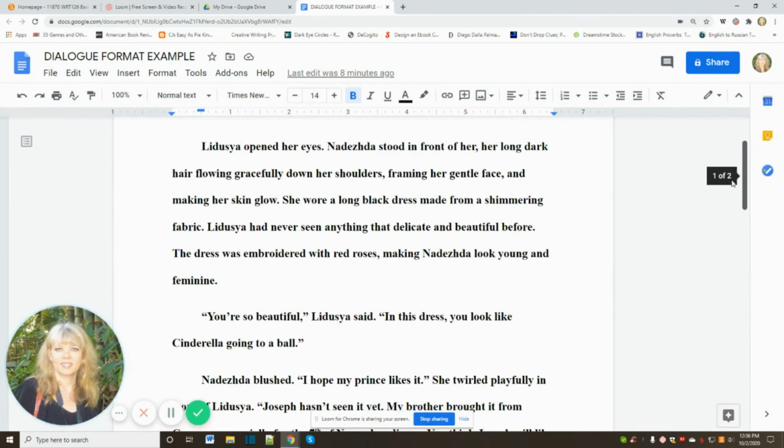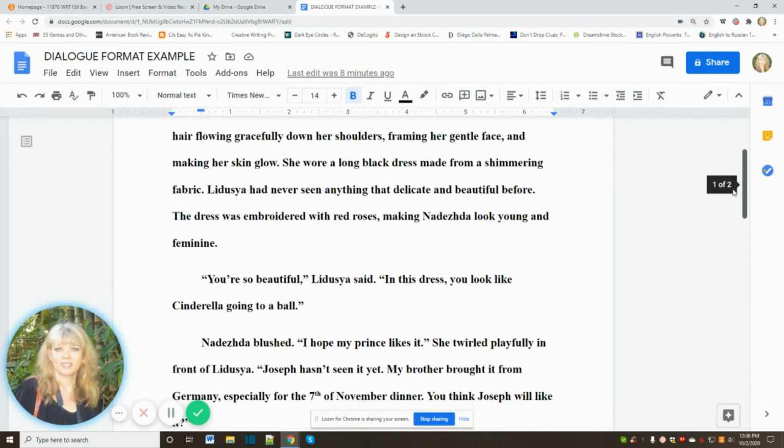All right, so once again, just to summarize, when you start a dialogue scene, it's good to start it with an introduction of basic time and place and characters. And when you write your dialogue, you put spoken words in quotation marks. You put a comma if what follows is a way of saying words, like she said, he whispered, she exclaimed, things like that. And if you have actions, then actions are followed by,